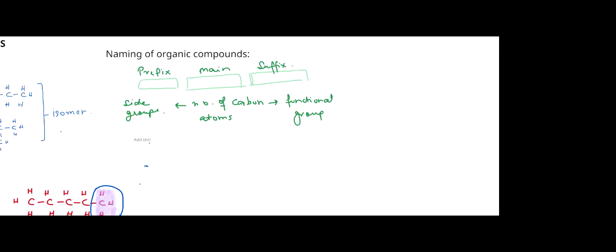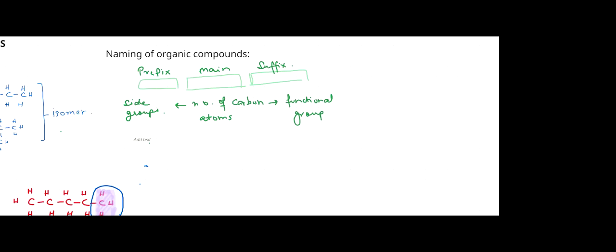If the compound has one carbon atom, we use the term meth. If it has two carbon atoms, we use the term eth. If it has three carbon atoms, you will use the word prop. If it has four carbon atoms, you will use the term but. If it has five carbon atoms, you will use the term pent. If it has six carbon atoms, you will use the term